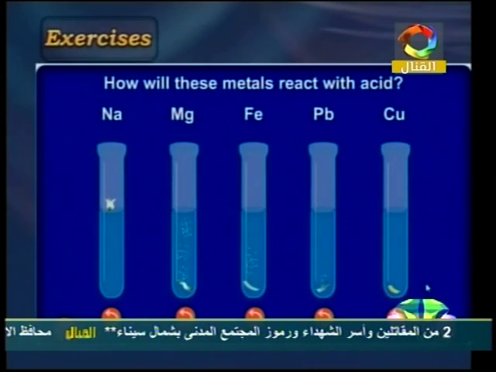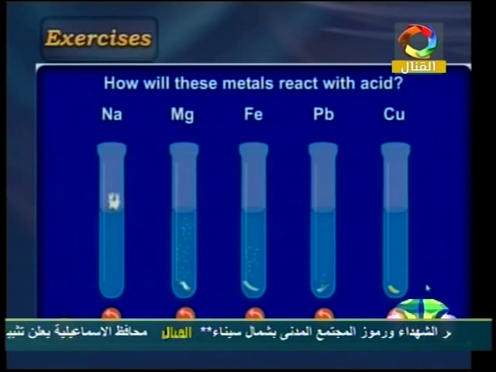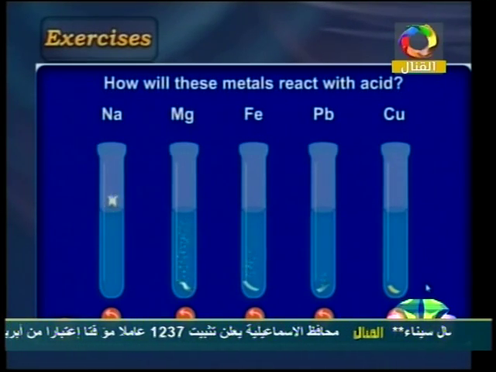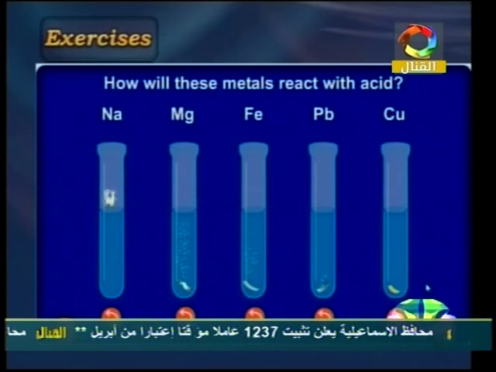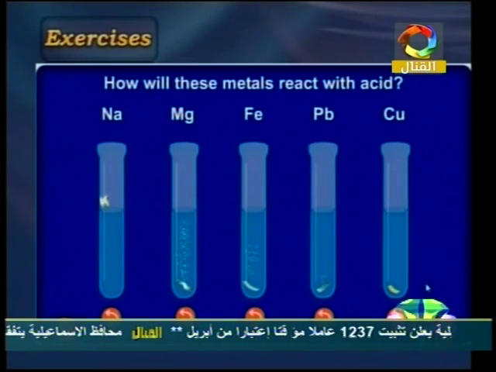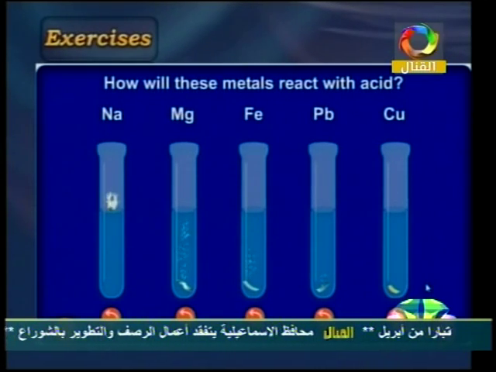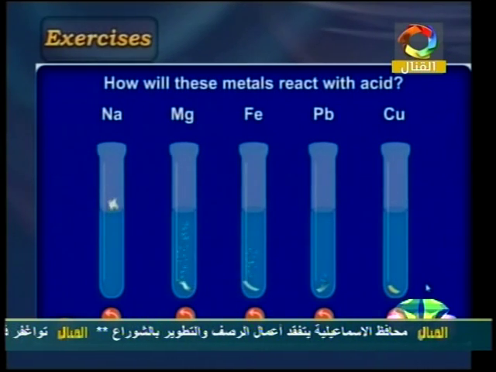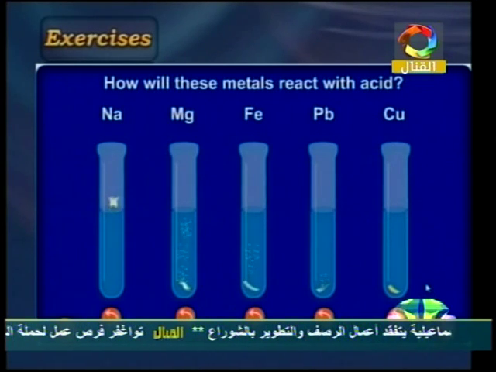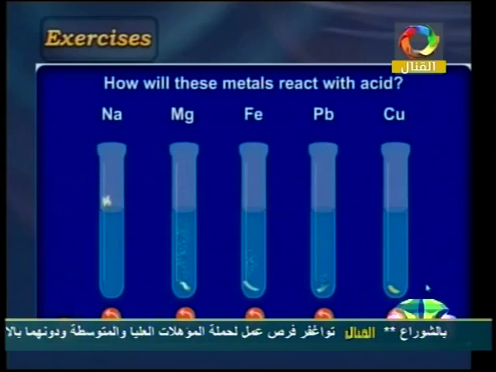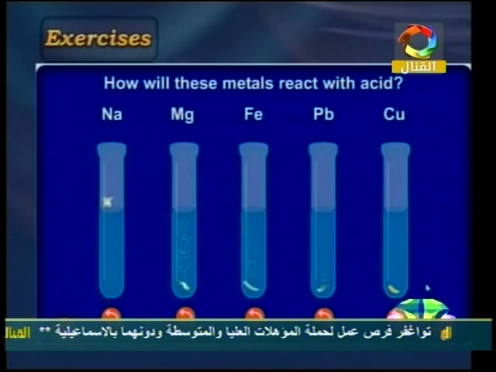Why? Because for Na, magnesium, iron, lead, copper, gold, silver, any one of these elements, you must know the position of each one, before hydrogen or after hydrogen. If it is before hydrogen, it is an active one and substitutes the hydrogen from its compound. But if I have one element or one metal like copper,